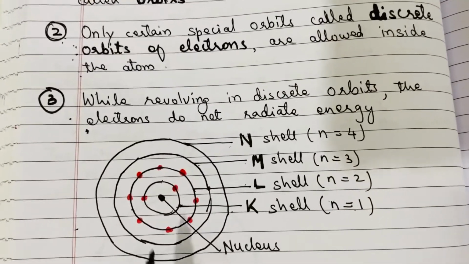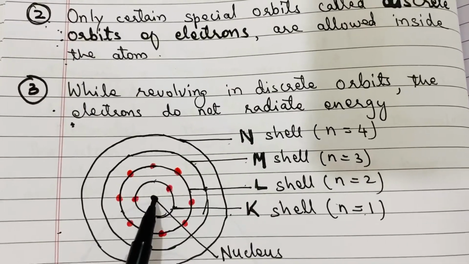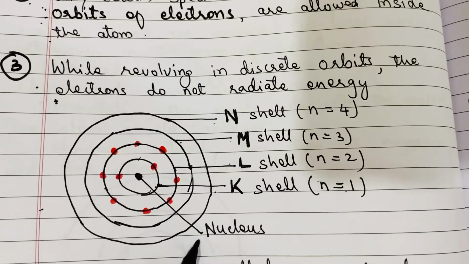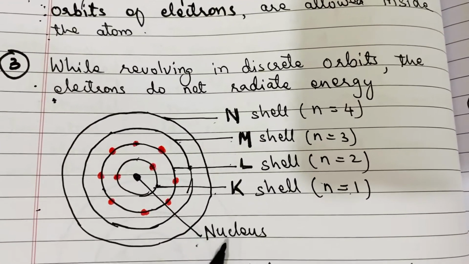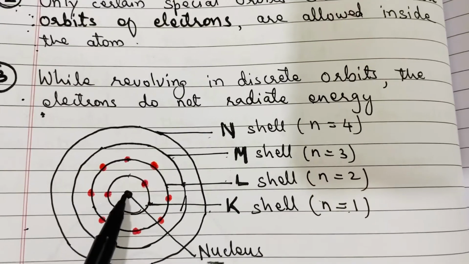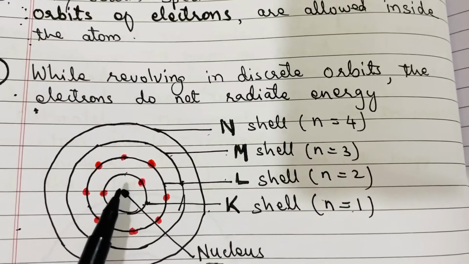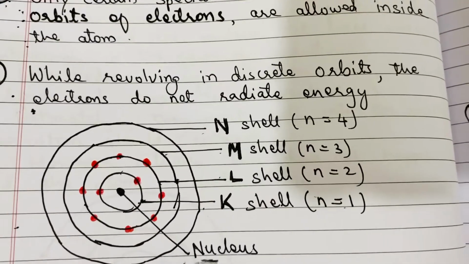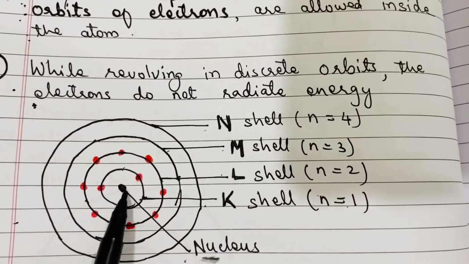According to Niels Bohr, an atom consists of two things. There is a nucleus in the center, right? And this nucleus contains two subatomic particles, protons and neutrons. So this nucleus is positively charged because protons are the particles which contain positive charge and neutrons are neutral particles, and because of these two particles the nucleus is heavier. It is placed in the center of the atom.